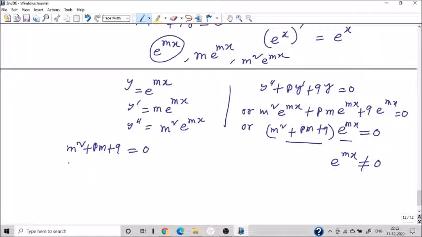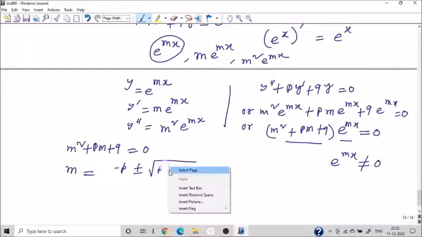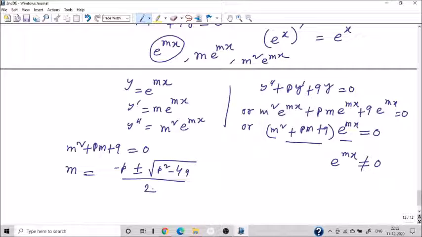From this we can calculate m, which is equal to minus p plus minus square root of p square minus 4q, by 2, because this equation has two roots,